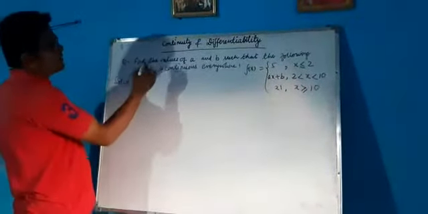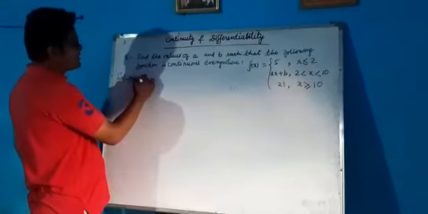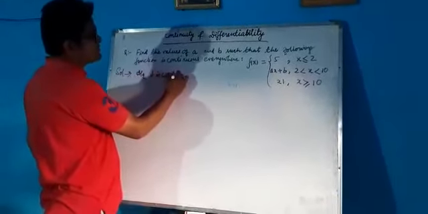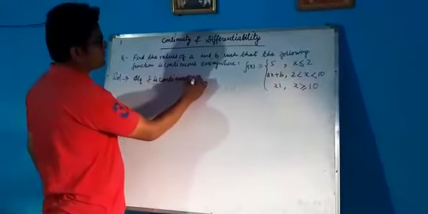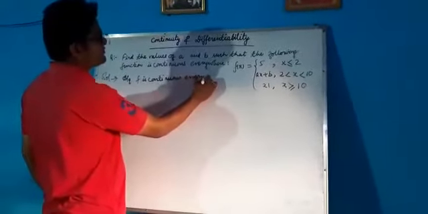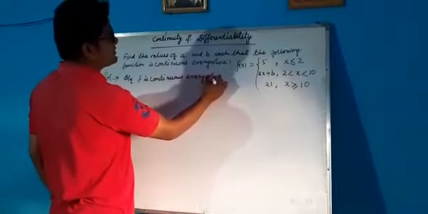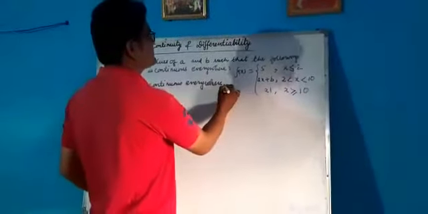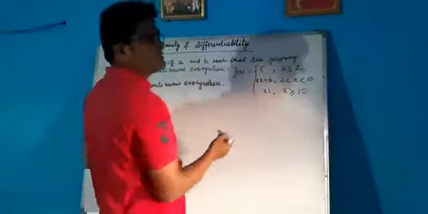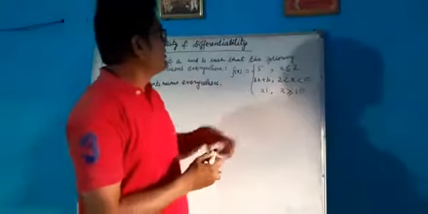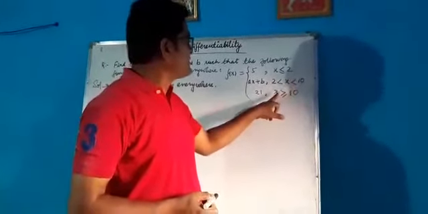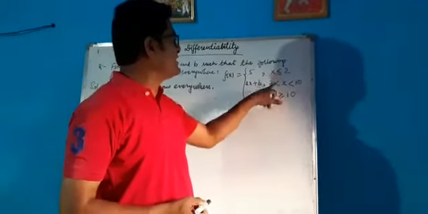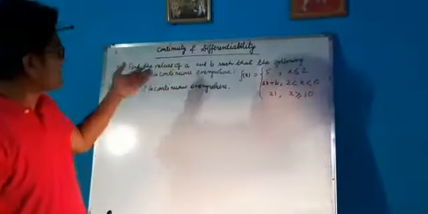Now, according to the question, function f is continuous everywhere. So it is 100% sure that when the function is continuous everywhere, it is continuous at 2. Here the critical point is 2, you can see. It is continuous at 10 also, where x is less than 10, and greater than or equal to 10. So we can say at 2 and at 10 the function is continuous, because it is continuous everywhere.